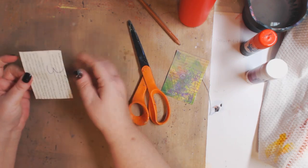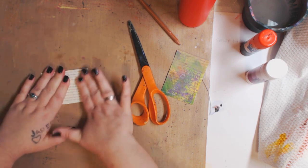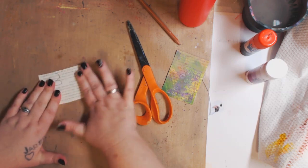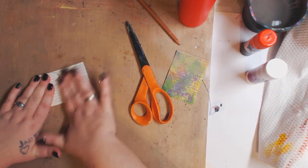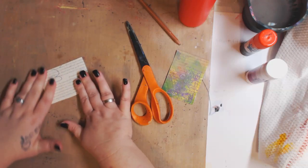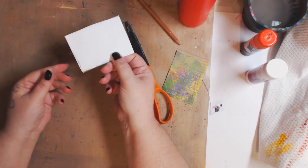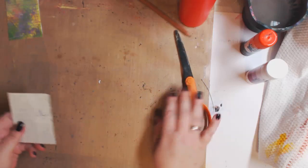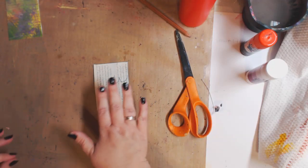But we have this wonderful background, and like I said, you want to make sure you give it a good rub, no matter what glue you use. Because remember, if you use your white school glue, Mod Podge, anything like that, it's going to be a little wetter than your glue stick. So don't get discouraged. It'll just take another minute to dry. It's not the end of the world. But now I have this background. So you see, look at that, two different backgrounds. Okay. So all I would do on here is,